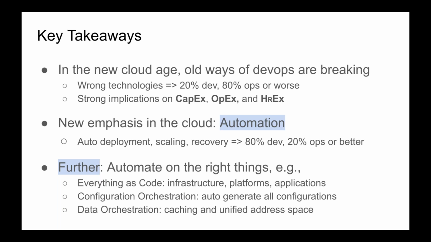So in this talk, we overviewed two projects we have done, or are doing, at EA. One example is configuration orchestration, in which we automatically generate all the configurations to keep the hardware and the configurations in sync. And in that project, we improved the average daily number of loads from 1,000 to around 20.